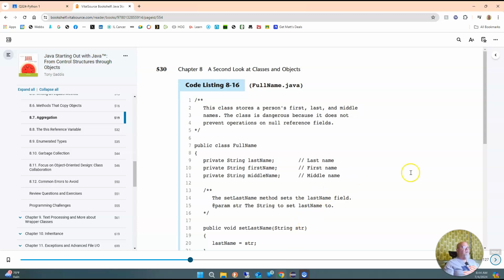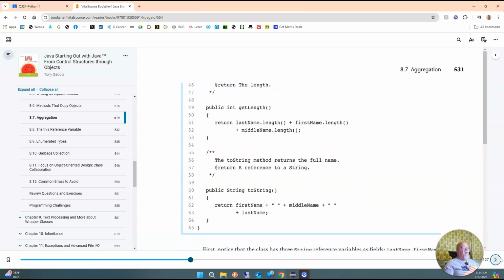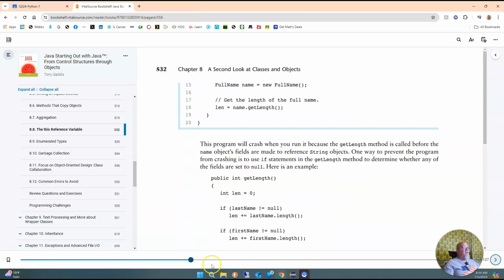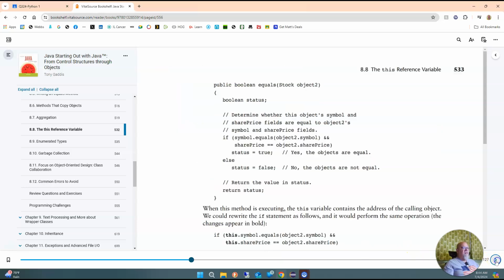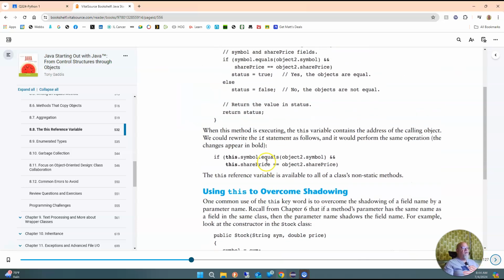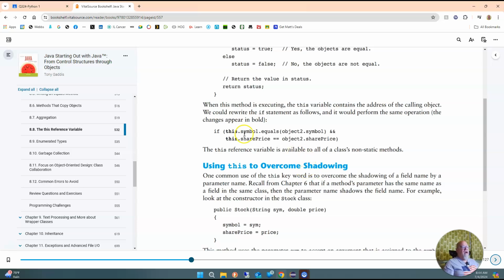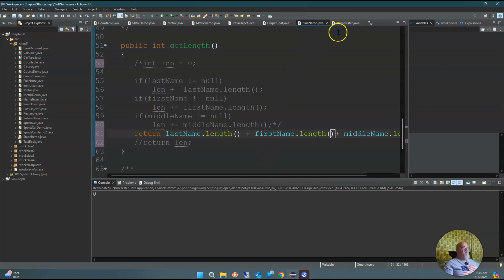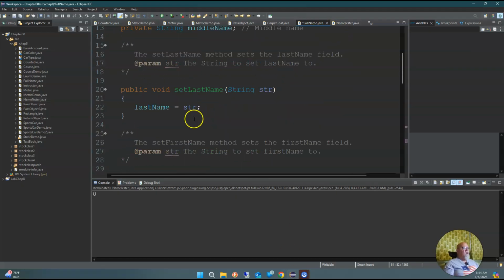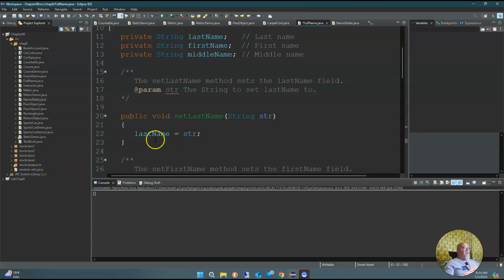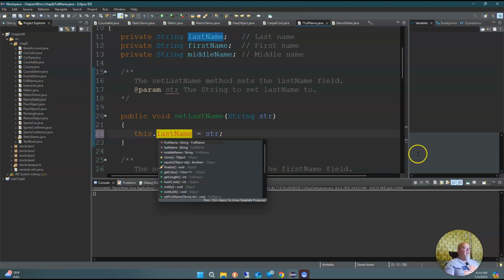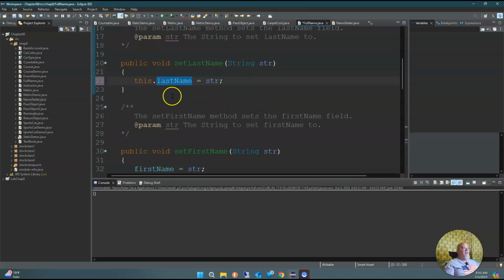Another thing the book talks about, and I've talked about this before as well, is making sure that we use the this. Always use the this to overcome what's called shadowing. And I've covered this in a previous chapter. But again, when we are dealing with a class, we don't have to do this, but using the word this dot will always assure that we're using the instance variable for this